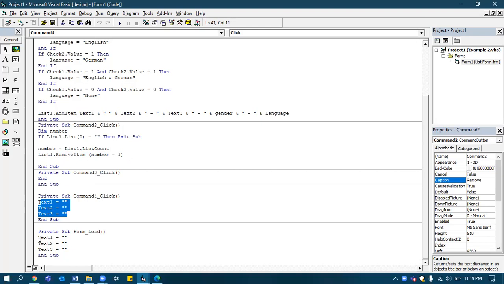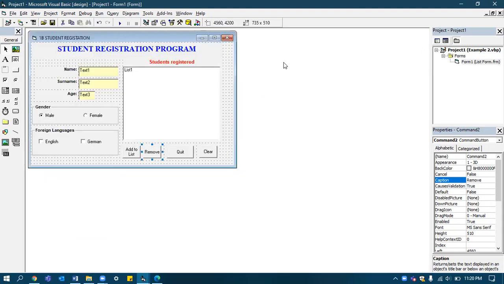And when I load the form, text1, text2 should be empty. Now if you could see, it is showing text1 as a value. Those values should be removed, so it should be empty. For that, when I'm saying load form, use this. Okay. So this is how we will write the coding part of it.